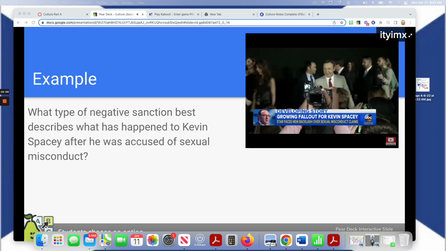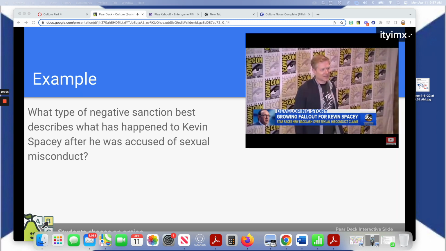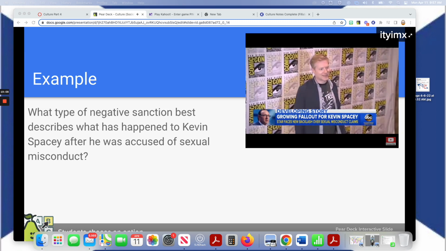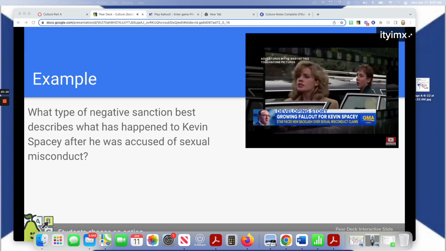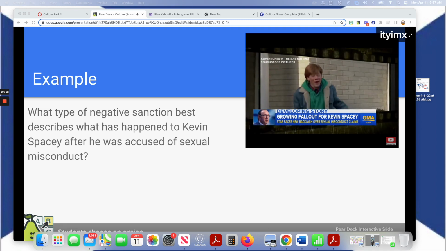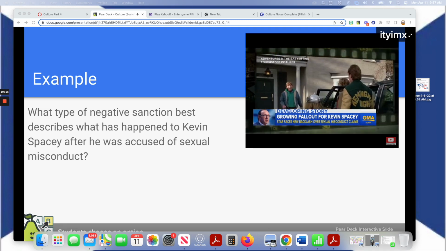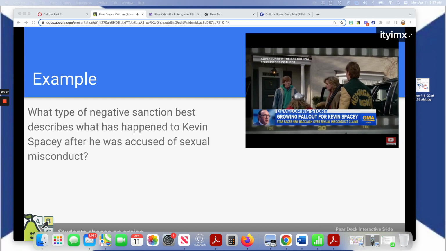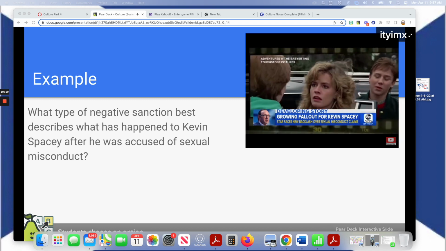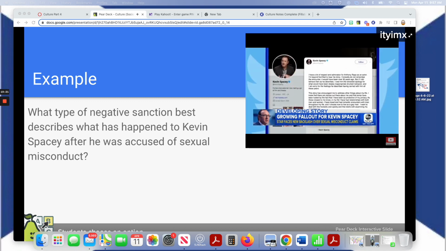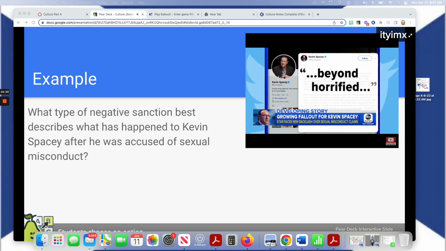Spacey is also under fire for his reaction to actor Anthony Rapp's allegations that when he was just 14, one year before he starred in Adventures in Babysitting, Spacey made sexual advances toward him after a party when they were both on Broadway. Spacey was 26. Spacey apologized on Twitter, saying he was beyond horrified to hear Rapp's story, but also using the